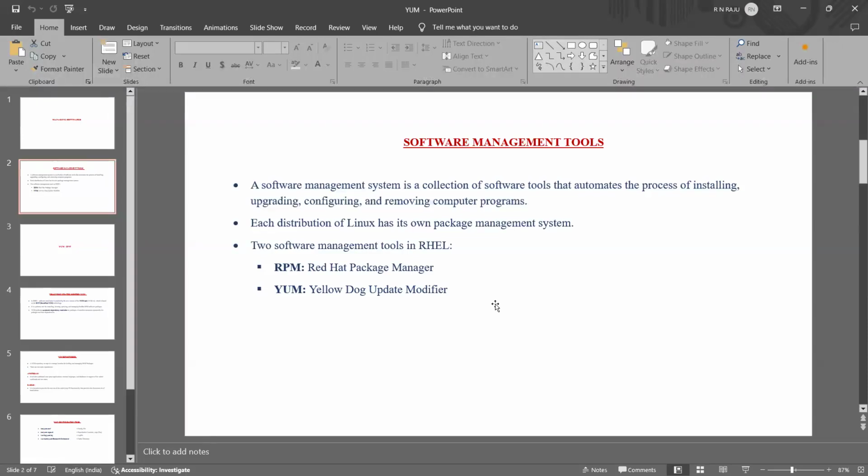So let me show you some examples with RPM. But in the real environment, almost 99% of people use YUM only. First I will explain what RPM is, then what the drawbacks of RPM are, then I will show you the advantages of YUM. Okay,